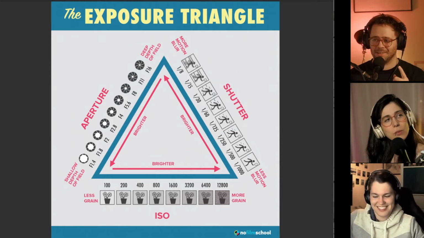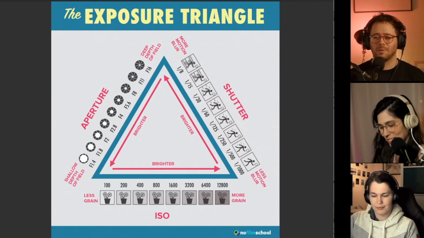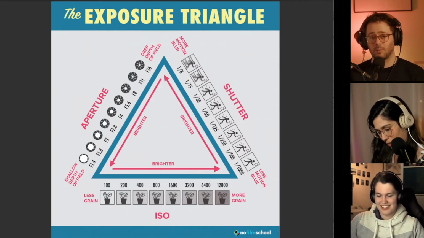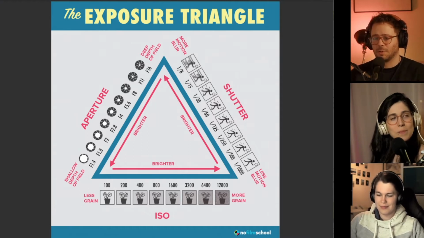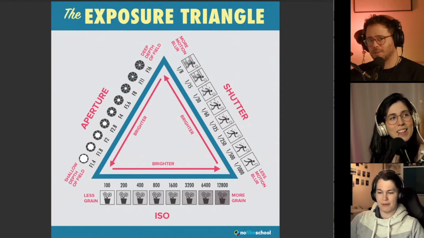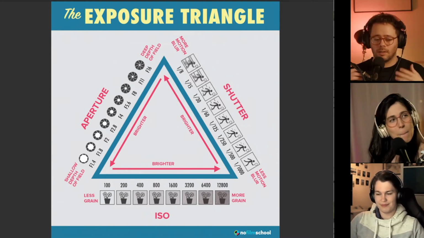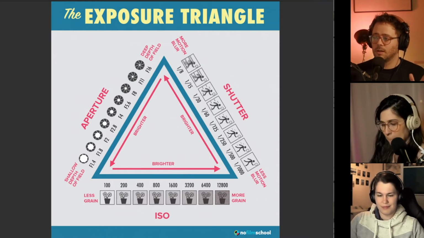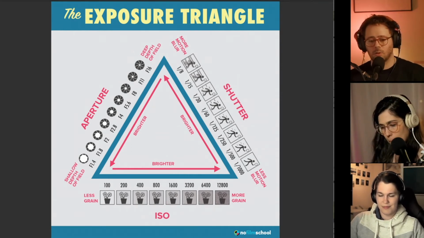But when he actually took the camera and started doing things is when he really got to understand. So I gave him some film. I said, just shoot the whole thing and give it to me, I'll develop it. We developed it and looked at the pictures. If you have a digital camera, you're much luckier because you can instantly see the effect. So we had to look at the pictures he took last week and say, here you did this, that's why this looks like that. So take a picture, have a photo, screenshot this one if you can't find it, and try to test these things. It's so easy.